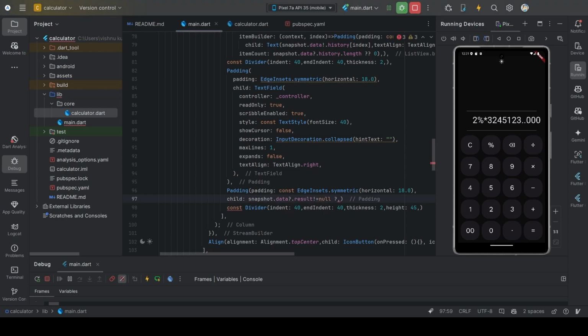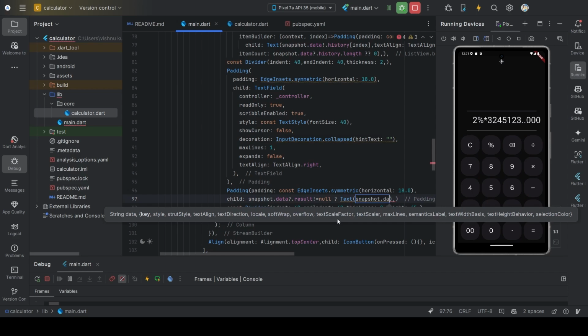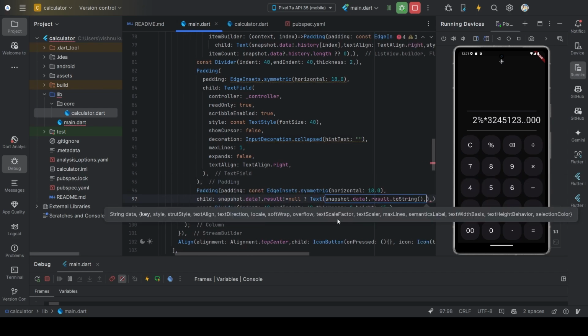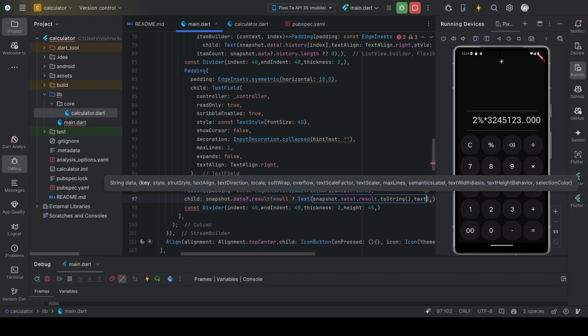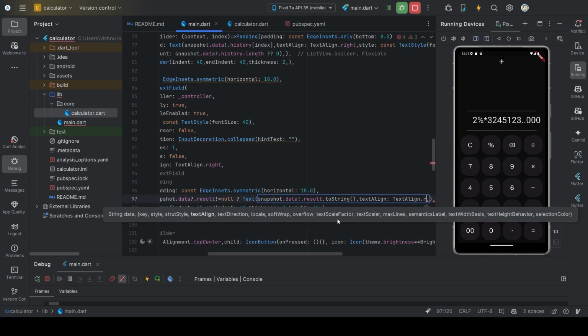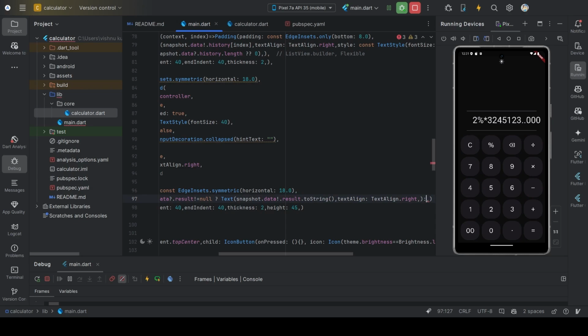Then we'll show this text with snapshot dot data. Data is surely there because we have checked the expression that result is not null. Data dot result dot to string, and we will align this to right side. The result will be aligned to the right side. So text align dot right side. Okay. Else,